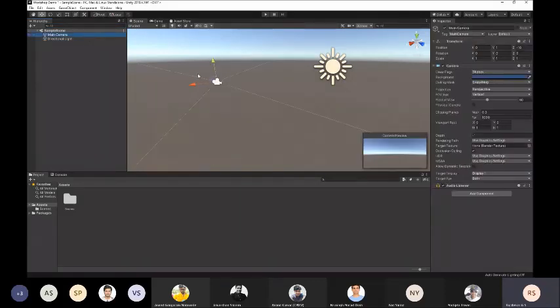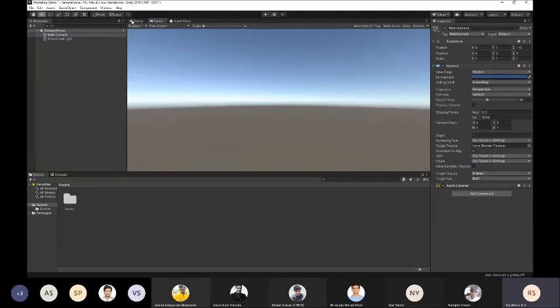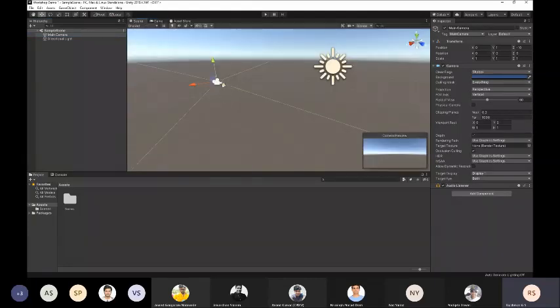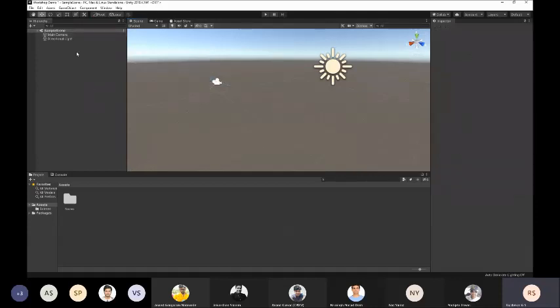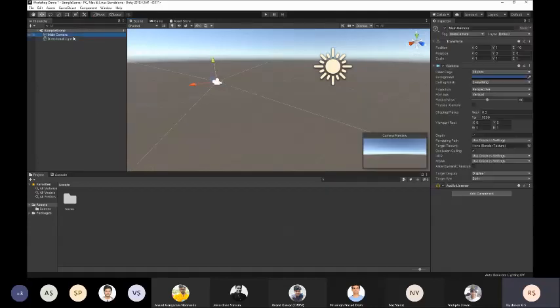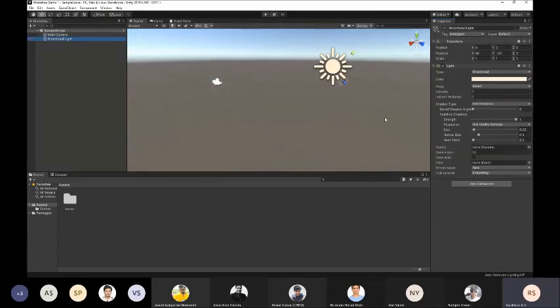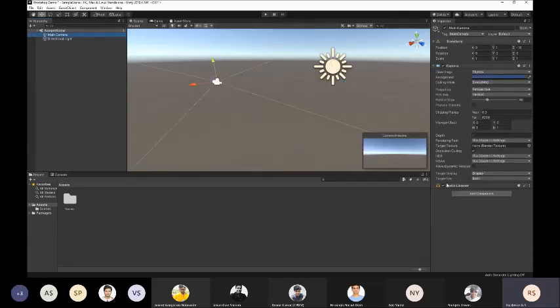The camera is basically what you want the end user to see. So what this camera is seeing is what the user will see in the game view. I'll come back to that and explain it in more detail after I cover all the windows. One thing you notice is when you click on an object in the hierarchy, you can see this inspector window populate, right? The inspector window basically contains all the properties of the object. If I click on directional light, you can see all the properties of the light object. If I click on camera, you can see all the properties of the camera.